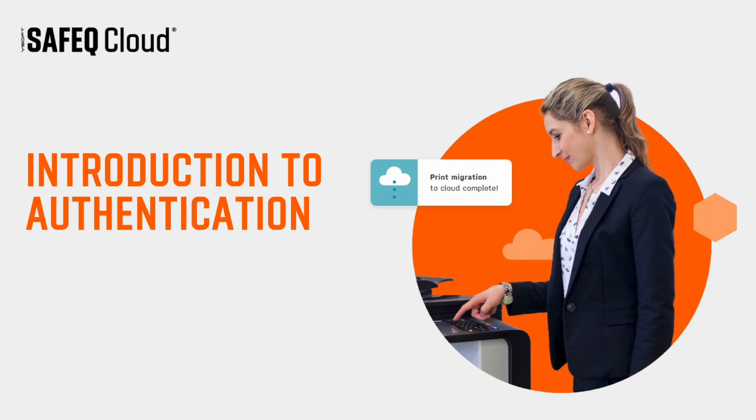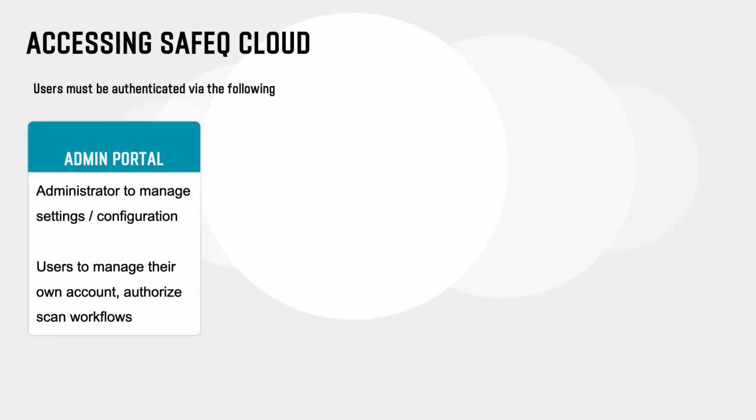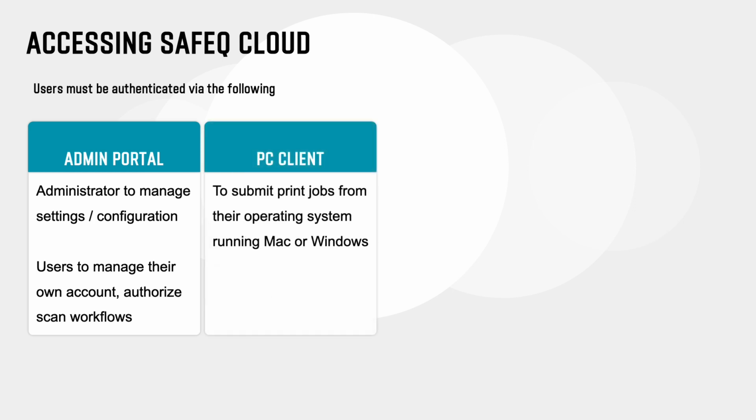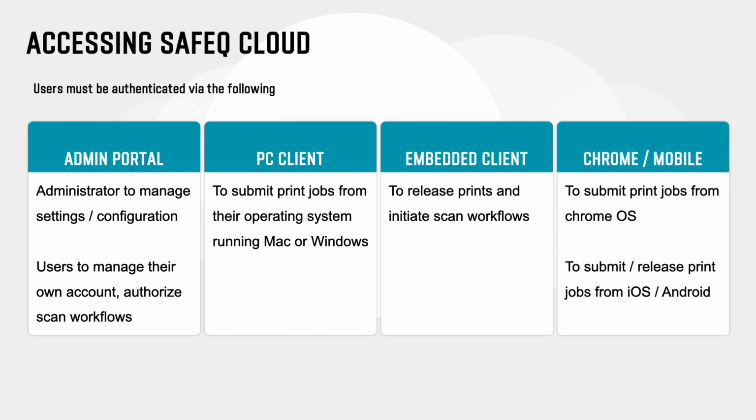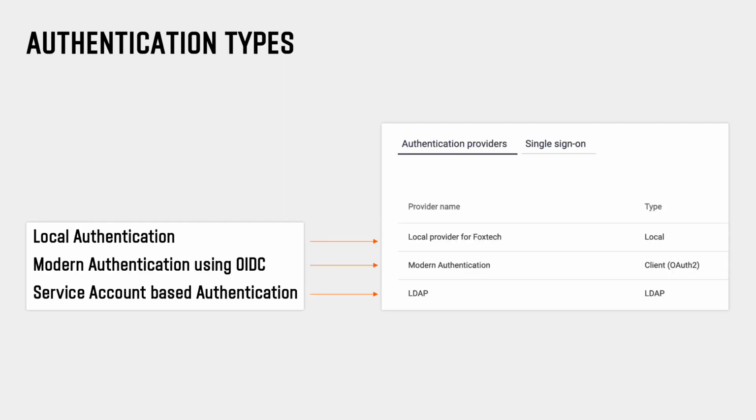Introduction to Authentication. Users must be authenticated to access the web portal, access solution endpoints such as PC clients and embedded terminals for submitting and releasing print jobs, and for mobile apps and the Chrome extension. The solution supports three main authentication types: local user authentication, authentication against an external provider using modern authentication or a